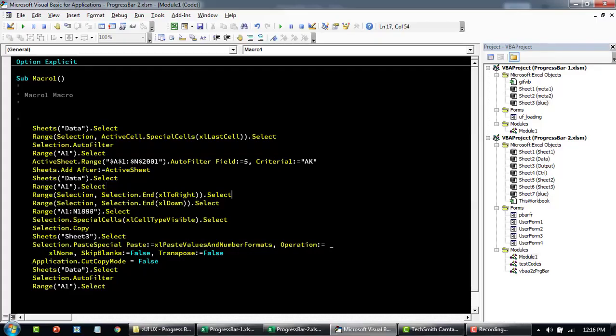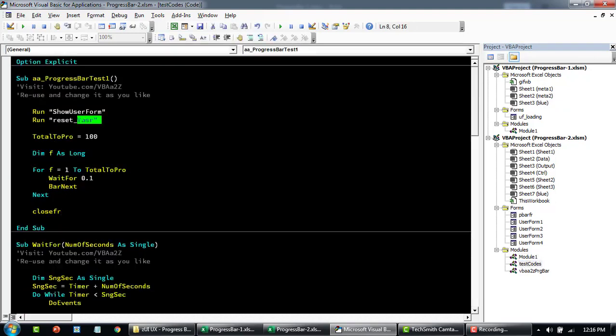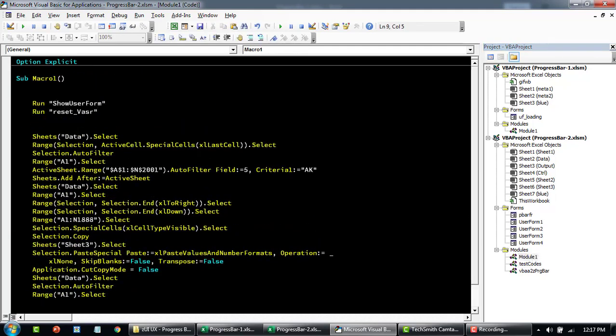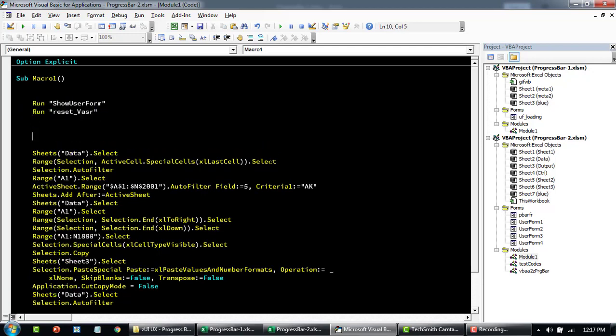So now in the code that we've recorded, let's say that we want to use the progress bar in this one. Ideally, a progress bar is useful only when the code is running for a long time, like 3 minutes, 4 minutes, 5 minutes, or so on. But if it is going to take a couple of seconds, it doesn't make sense to have a progress bar. Okay, but this is basically just to show you how to use this. So before your code runs, you show up the user form, you reset all the variables. Okay,